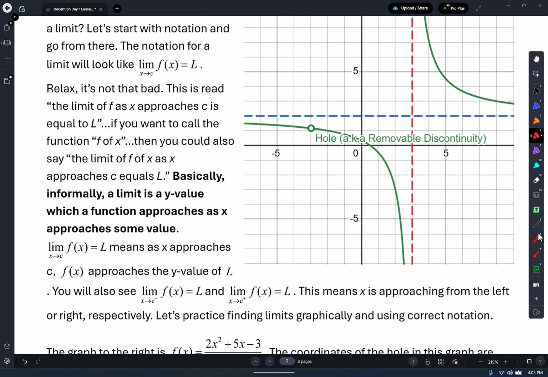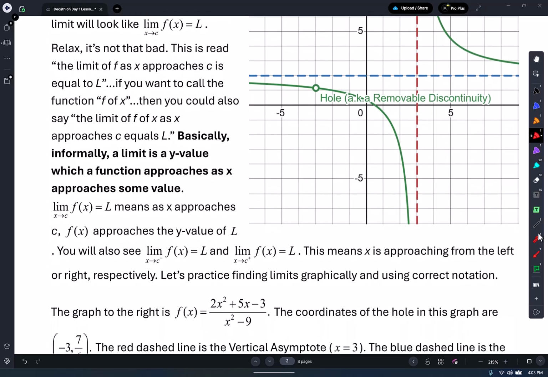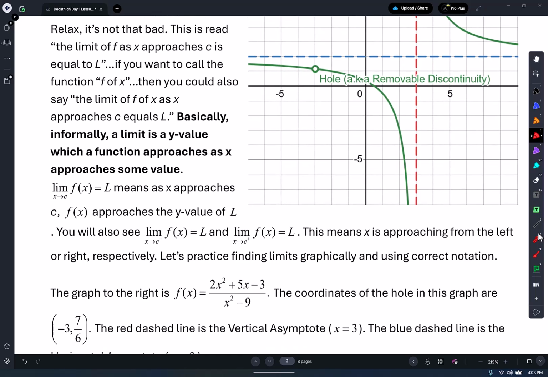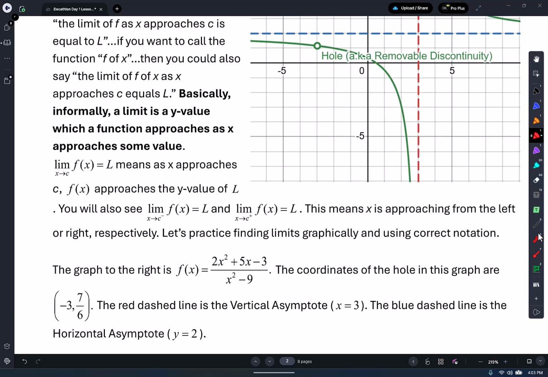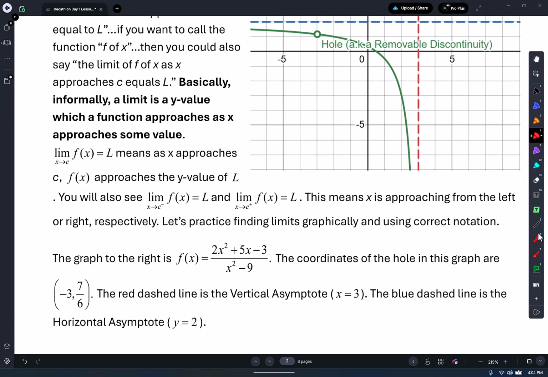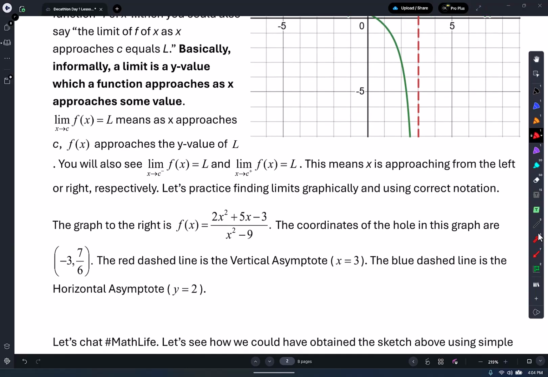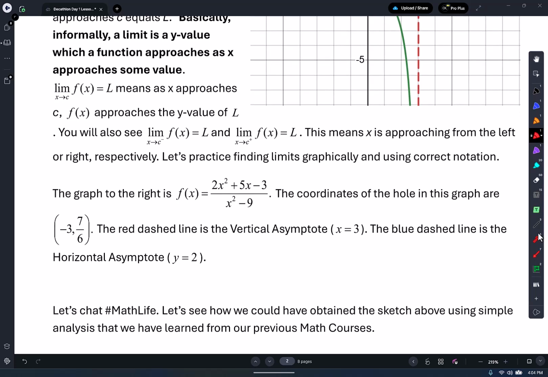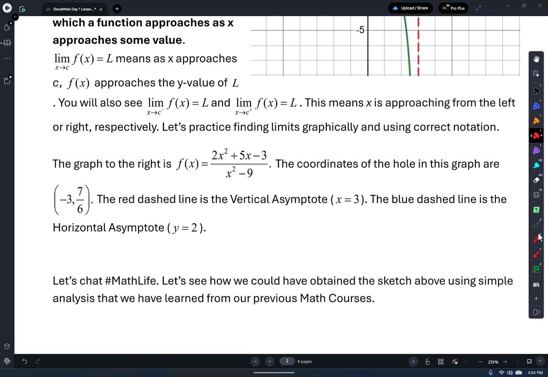The notation of the limit will look like the limit as x approaches c of f of x equals L. Wow, how'd you know how to say that? That's amazing. Keep going. Relax, it's not that bad. The limit of f as x approaches c is equal to L. If you want to call the function f of x, then you could also say the limit of f of x as x approaches c equals L. Basically, informally, a limit is a y value which a function approaches as x approaches some value. The limit as x approaches c of f of x equals L means as x approaches c, f of x approaches the y value of L. You will also see